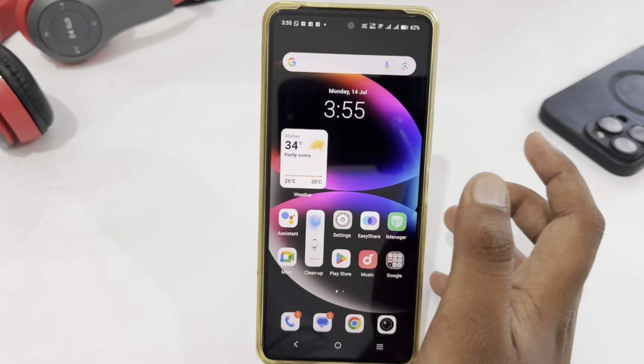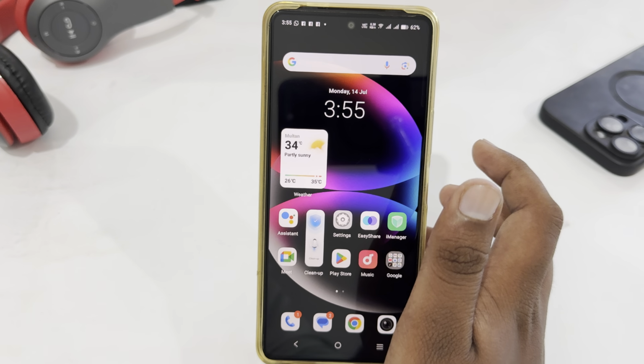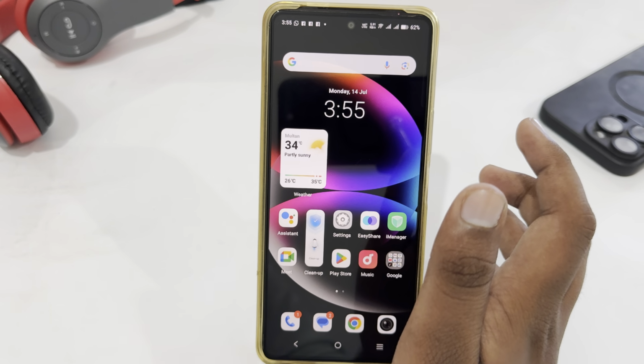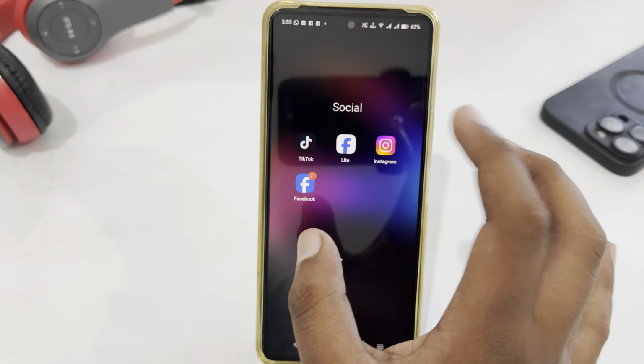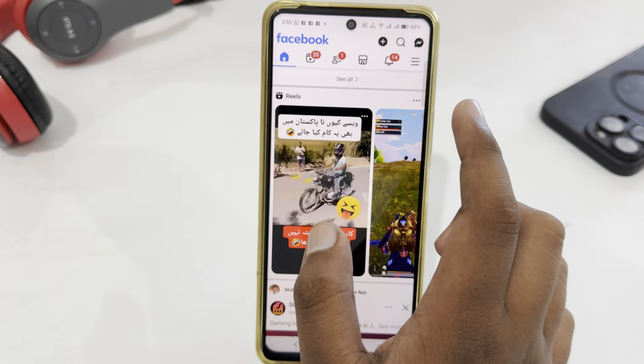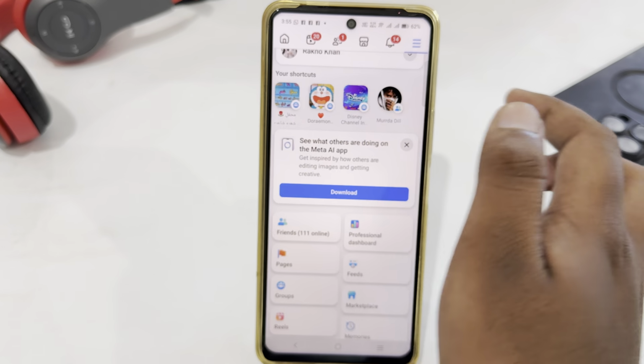So today I'm going to tell you how to unfollow everyone on Facebook. If you are using Facebook and now you want to unfollow everyone on Facebook, let's see how you can do this. You just have to open your Facebook app and here go to the menu section, select it, and here